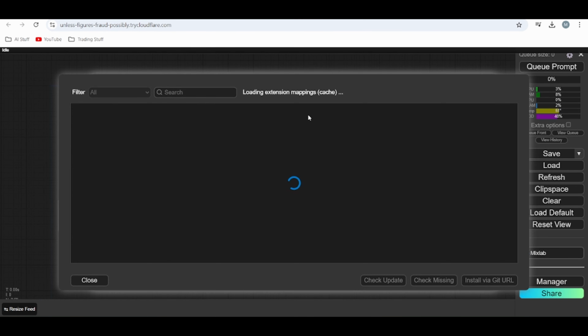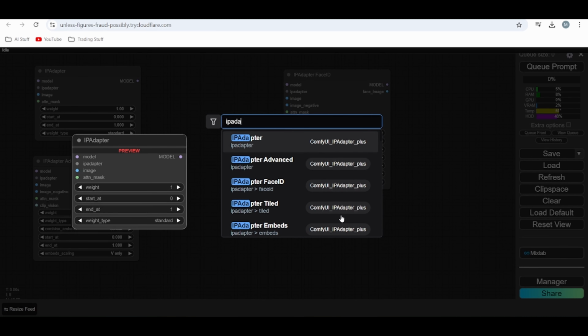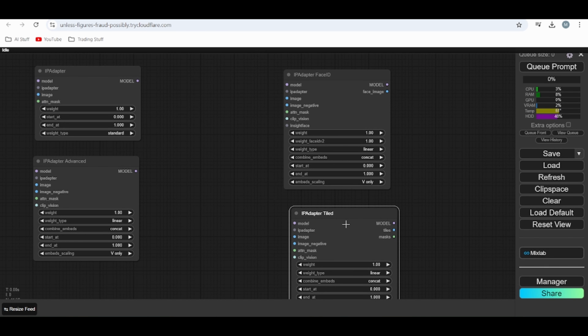Then we have IP adapter face ID for the facial expressions and for the facial details. Then we search for IP adapter, there is style also. Okay. Then IP adapter